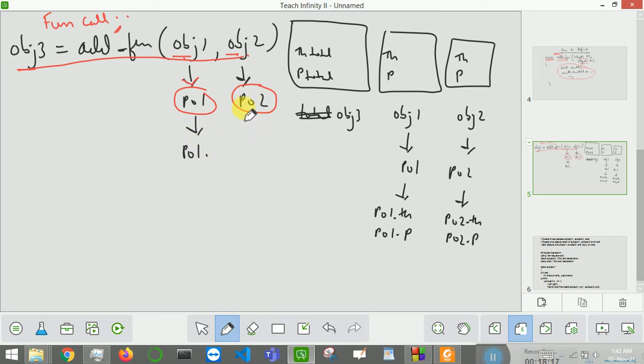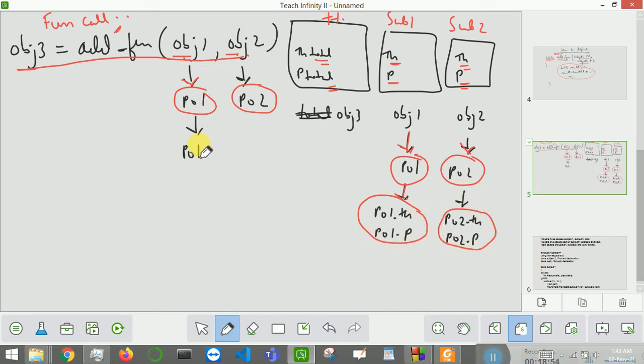We have three classes: this is your total class, this is your subject 1, and this is your subject 2. Inside subject 1 you have variables theory and practical, inside subject 2 you have variables theory and practical, and inside total you have variables theory total and practical total. Now for this you will change the name of these objects. You will change it to po1, and you will change it to po2. Then you will write the variables of these objects.